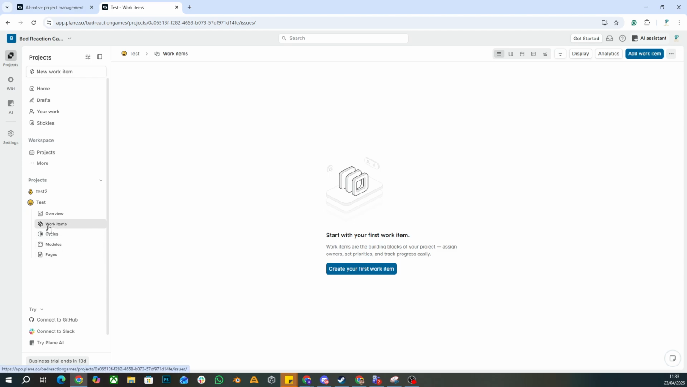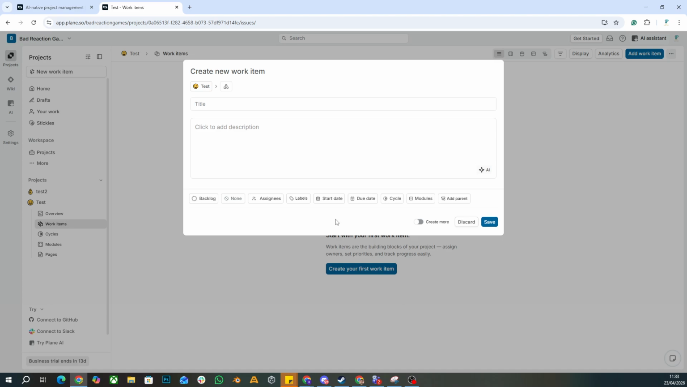So here we are in work items. So essentially what work items is, and you can see it has like a brief description here. These are basically all of the tasks that you are doing on the day-to-day basis for your project. So let's just say right now I'm going to create my first work item. So let's just say my task that I'm doing is going to be called, let's just say, level design paper version